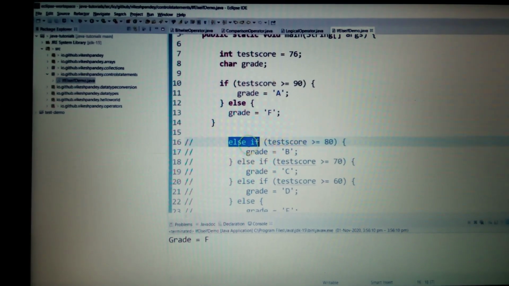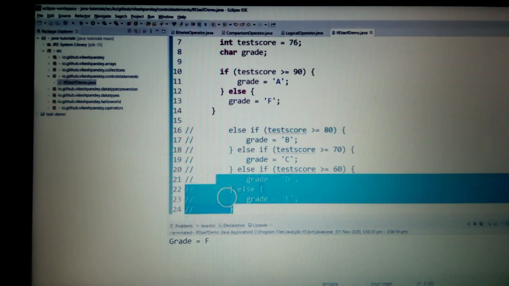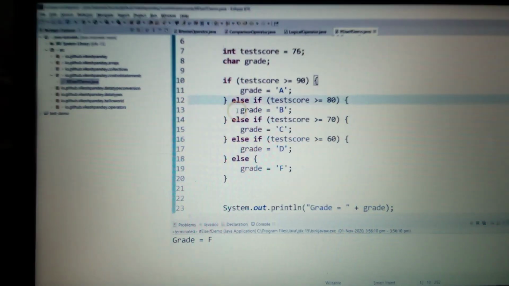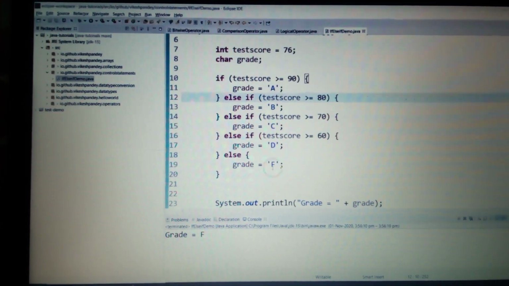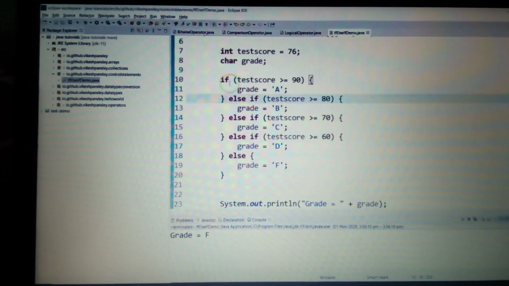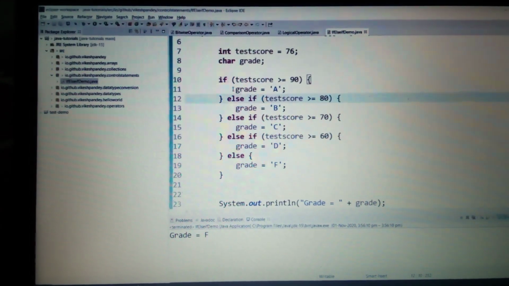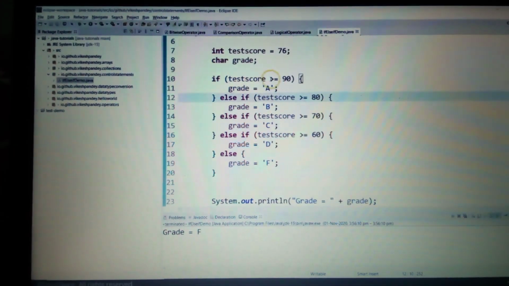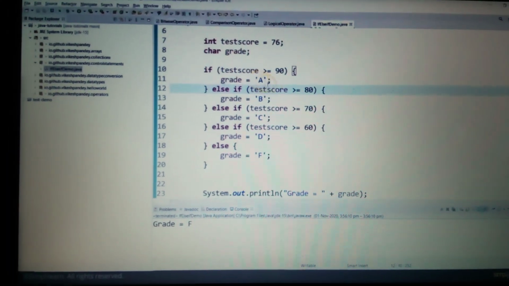So I've commented out this code. Let me put this code back into its place and then we will walk through it to understand it. Okay, so I have put the code back to where it should be, and this is how it looks. So let's just walk through this. Lines 10 and 11 don't change, they're still the same, but then I have added some additional conditions saying that if the score is greater than or equal to 90, the grade should be A, but if the score is not greater than